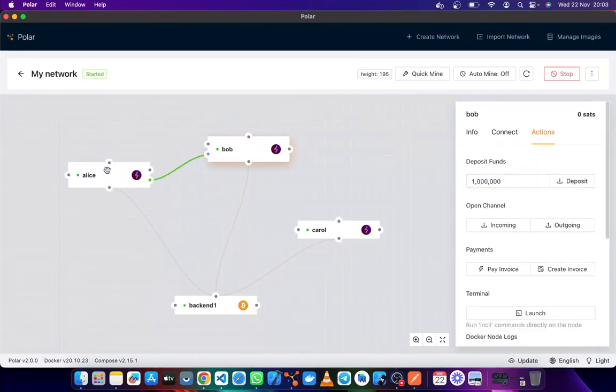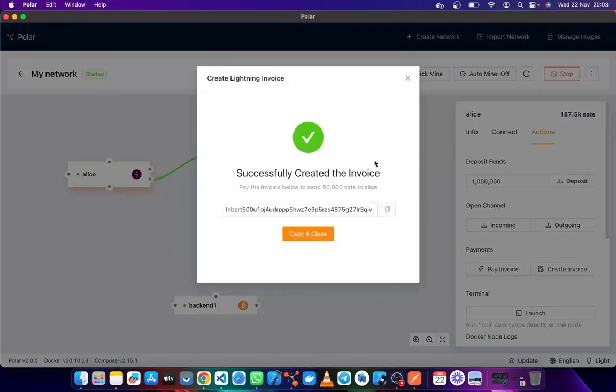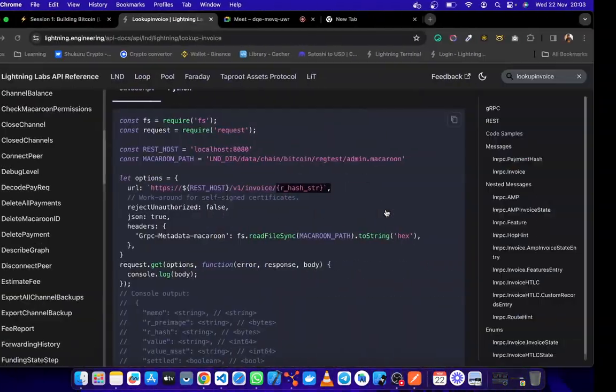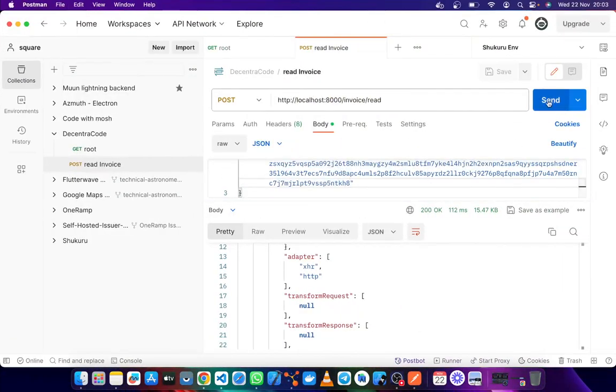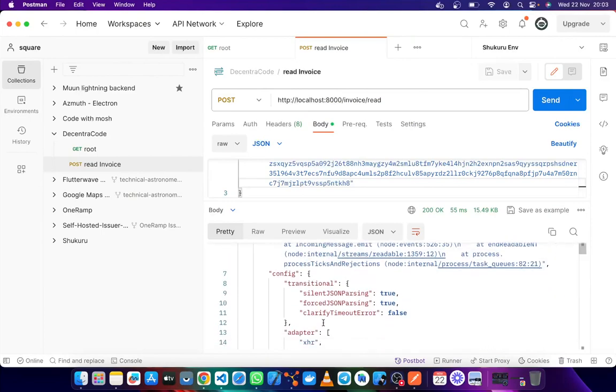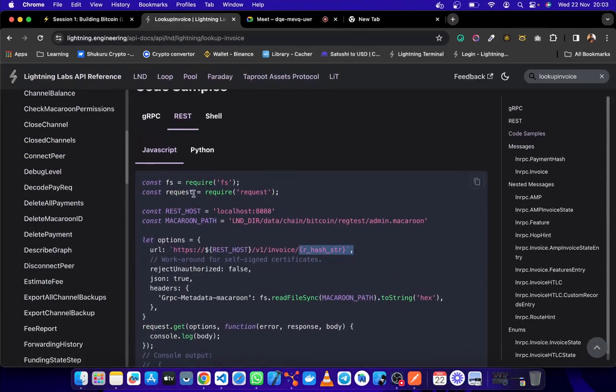It's taking ages. Let me try to create an invoice from Alice and decode it from her side and see if this works. It's not working. Am I using the wrong endpoint?